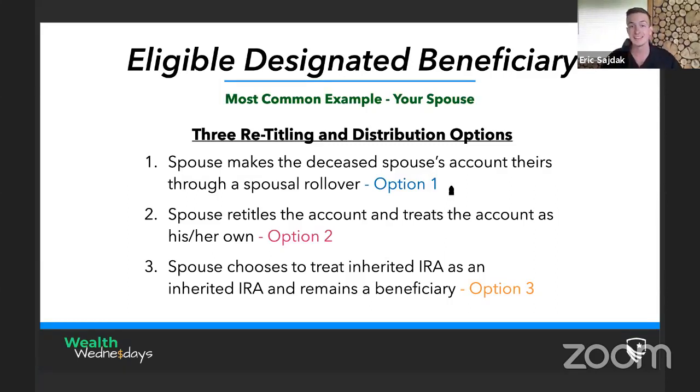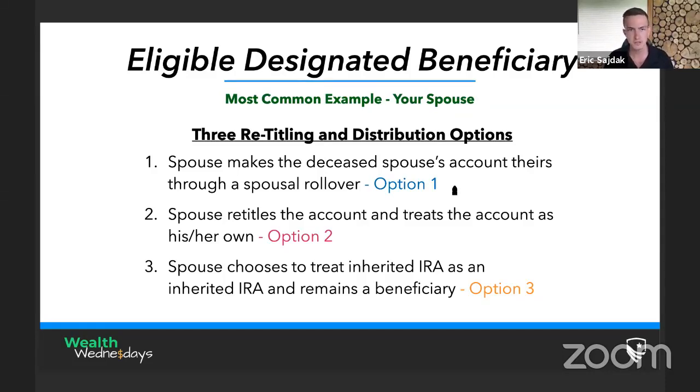Option 1 would be they simply roll over their spouse's account into their account. So if they have a traditional IRA, they roll over the deceased spouse's traditional IRA into their traditional IRA. That is completely fine. Number 2 would be the spouse retitles the account and treats it as his or her